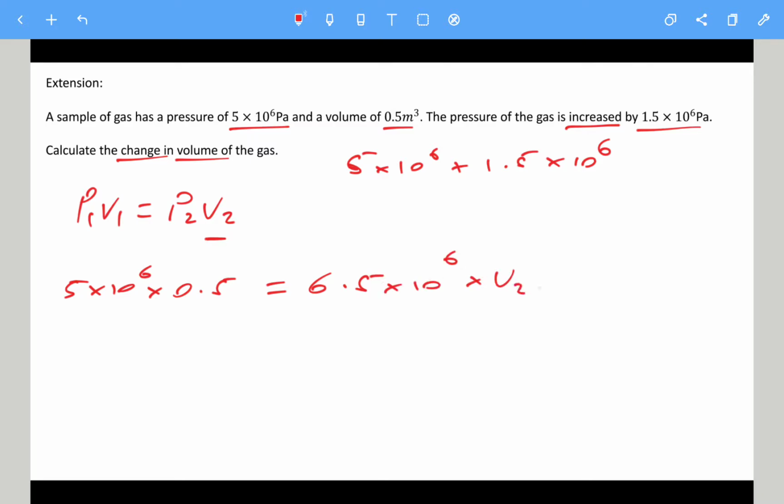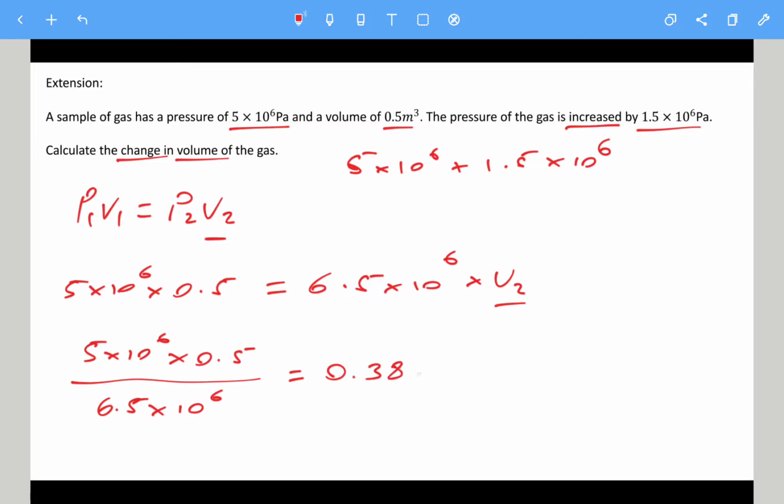multiplied by volume 2. Okay, so if we do 5 times 10 to the 6 times 0.5 and then divide by the 6.5, so let's just write that out. We need to get V2 the subject, so we need to get rid of the times 6.5 times 10 to the 6, so we're going to divide. There we go, calculate that. And that gives us the new volume of 0.38 meters cubed,